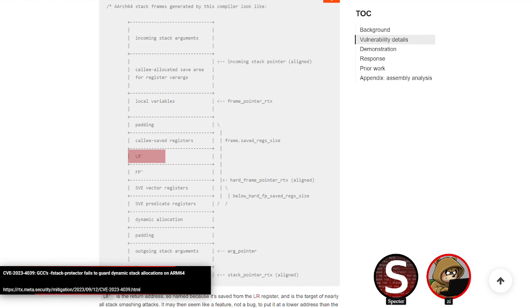So with the canary being up here, and sorry for those of you listening, but with the canary being up in the local variables and the dynamic allocations being allocated down here on the stack, if you have an overflow in one of these dynamic allocations, it can smash all of these values up until that canary without tripping the actual canary. So it can overwrite the pointer or the return address, and there's no canary stopping it.